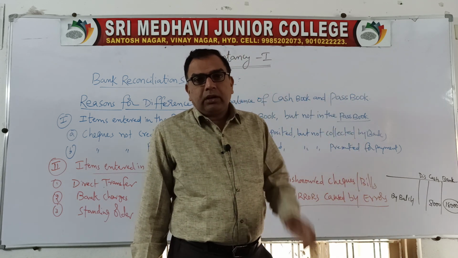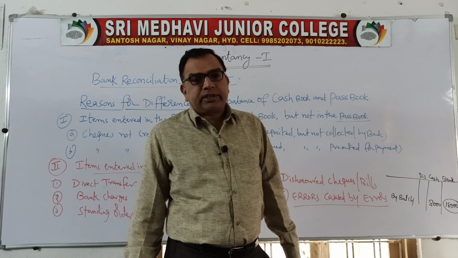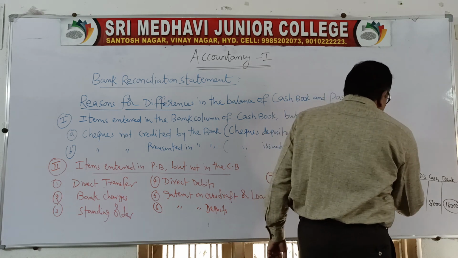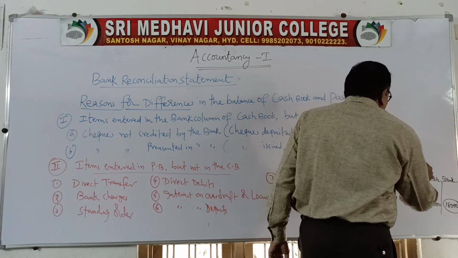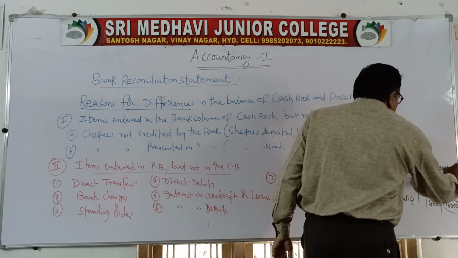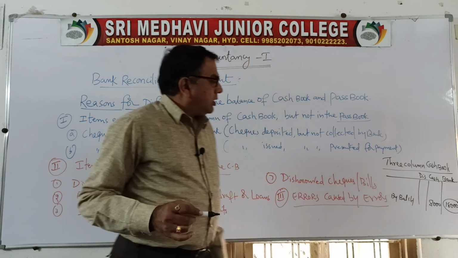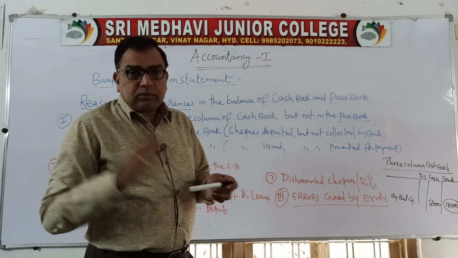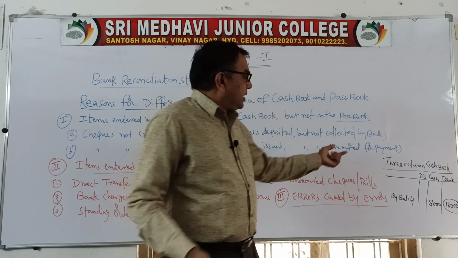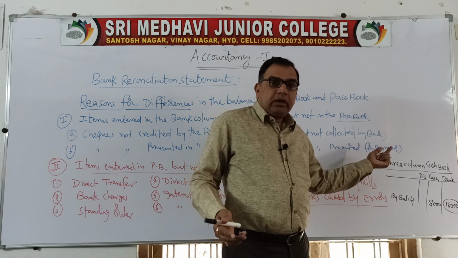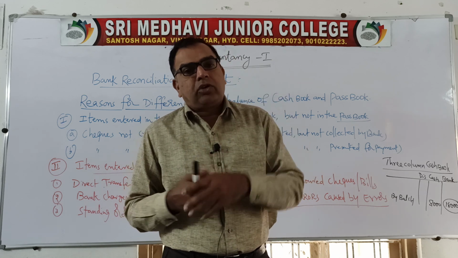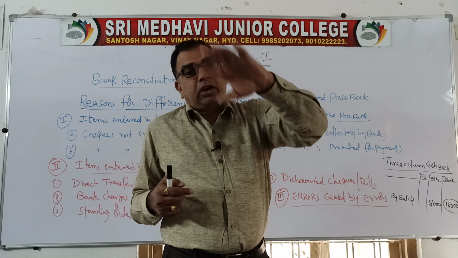As you all know very well, debit all receipts and credit all payments is the formula we apply for the 3-column cash book. Debit what comes in, credit what goes out is the rule we apply while preparing it. So when you manage your accounts, the firm's accountant will prepare a 3-column cash book. When you deposit cash and checks into the bank and you withdraw, your details are also recorded by the bank.